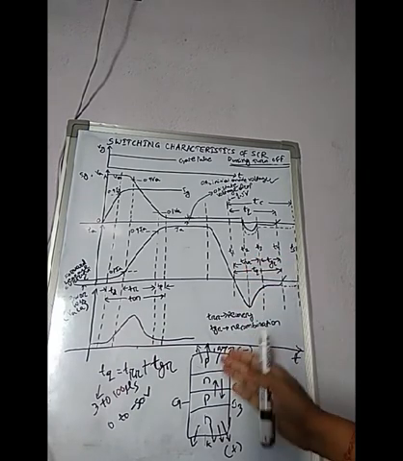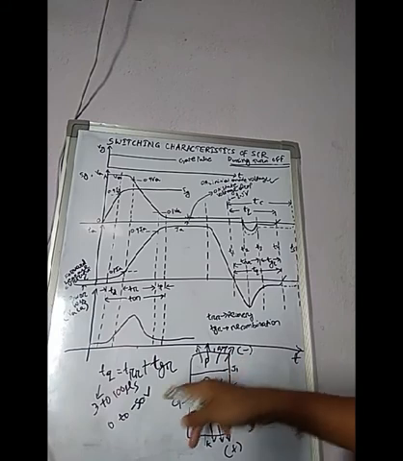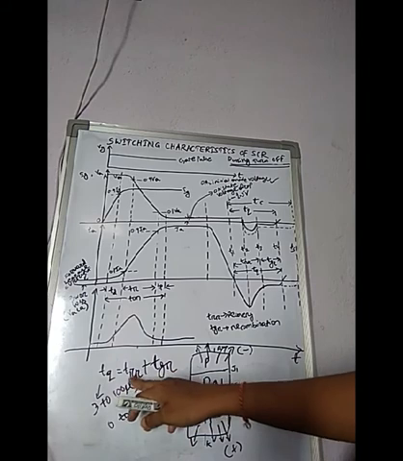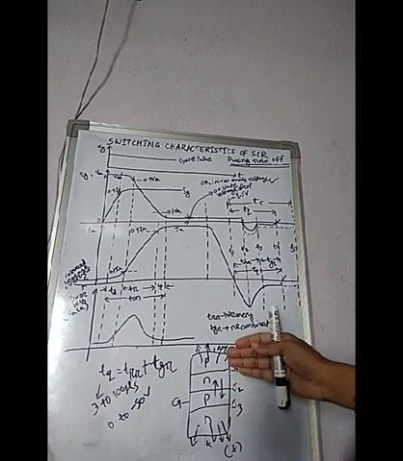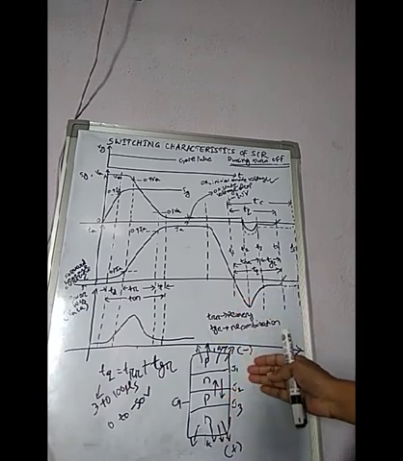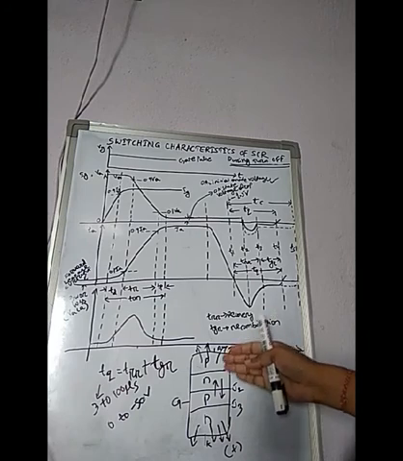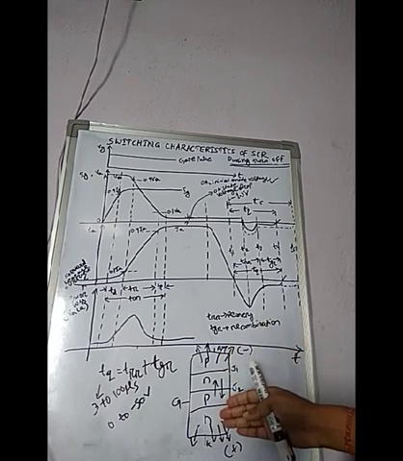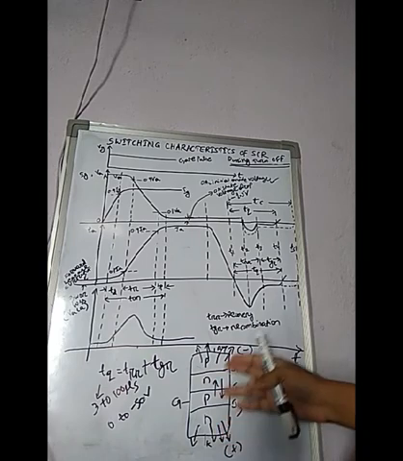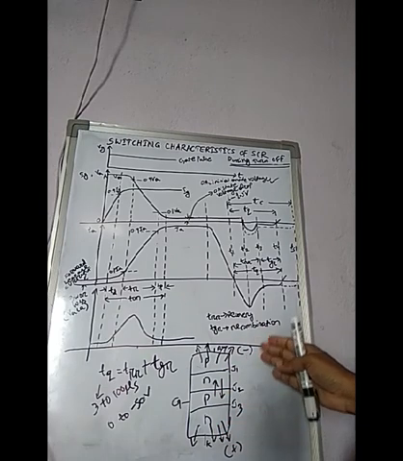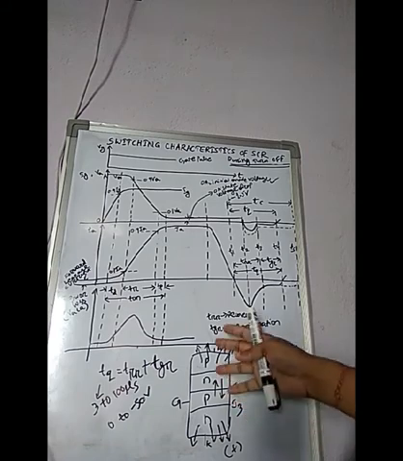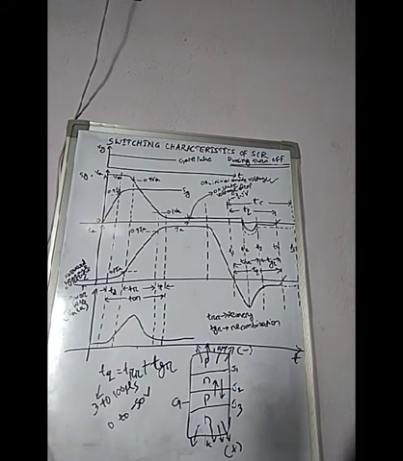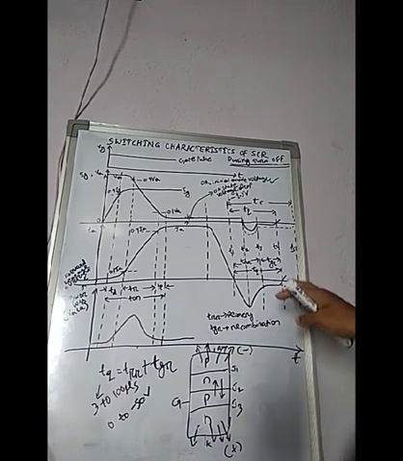So the thyristor turn off time consists of TRR and TGR, the reverse recovery time and the gate recovery time. The reverse recovery time relates to the recovery of junctions J1 and J3, where the charge carriers from the outer P layer and outer N layer are removed. TGR is the gate recovery time, which relates to the recovery of junction J2 by the recombination process, by which the charge carriers from the inner two layers are reduced. Clearly understood?